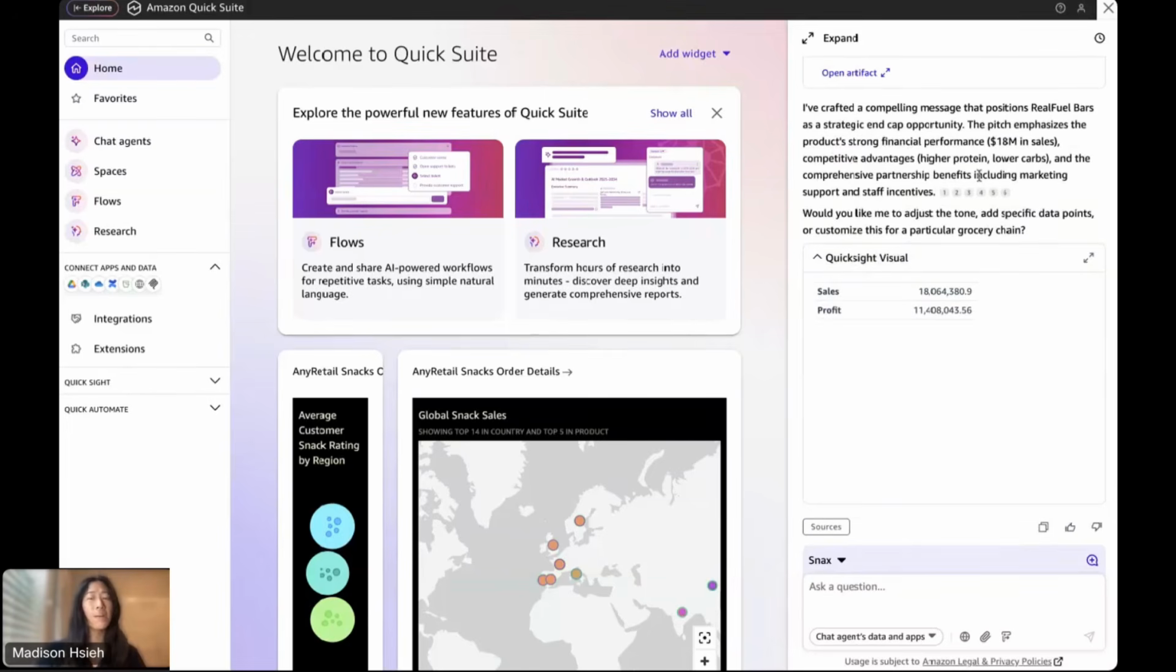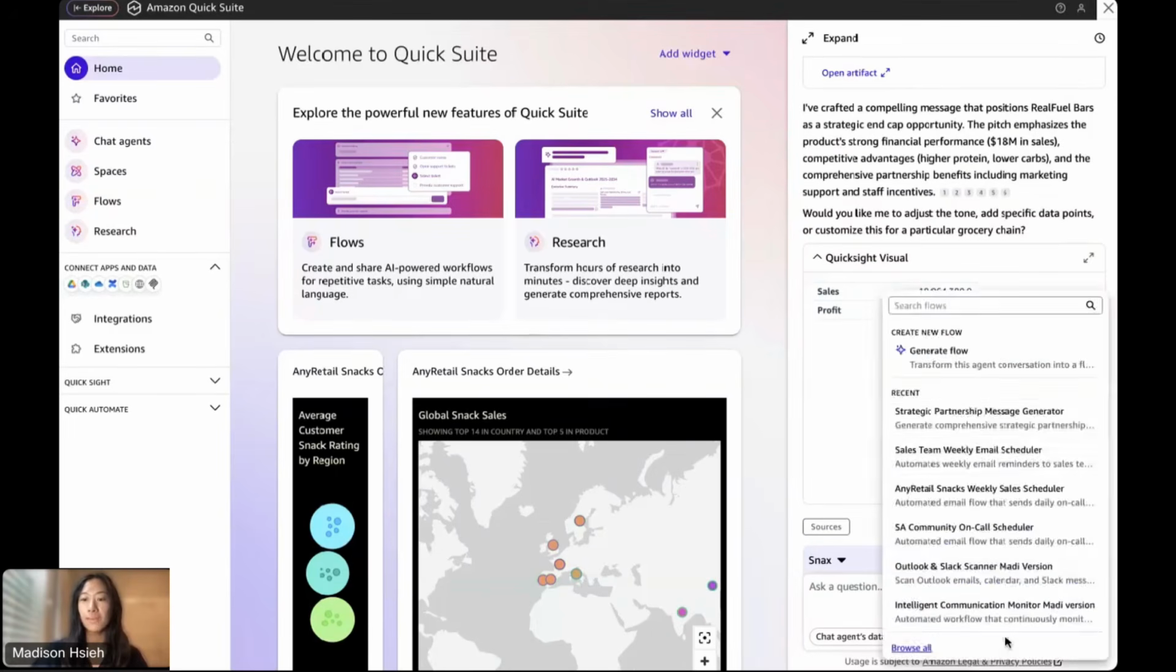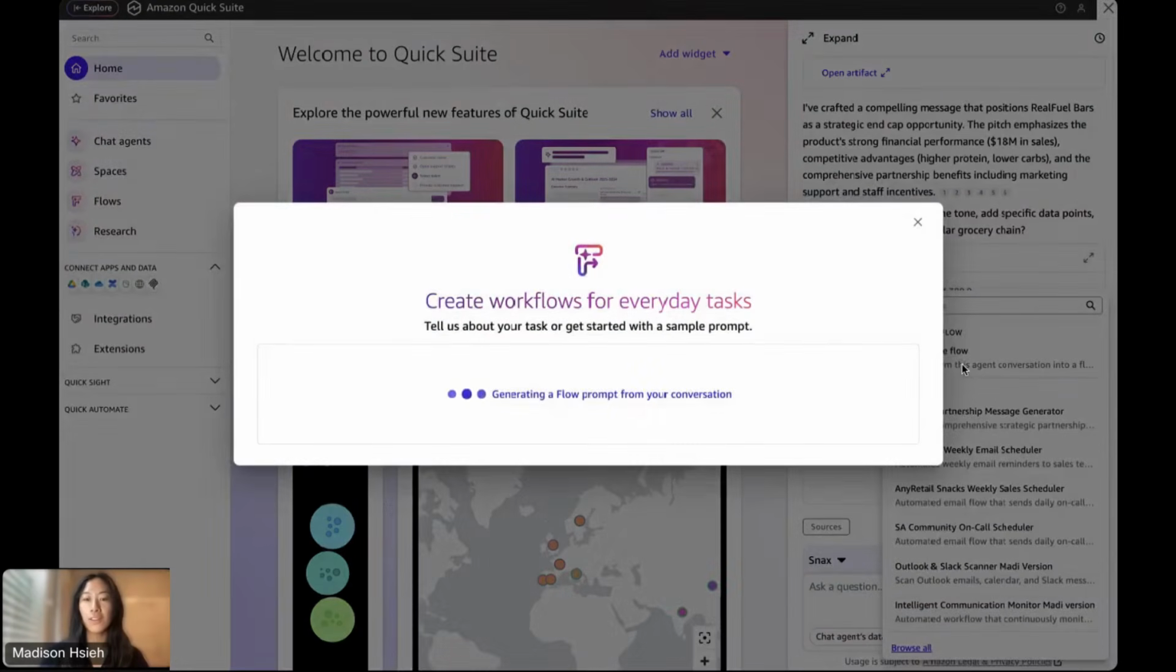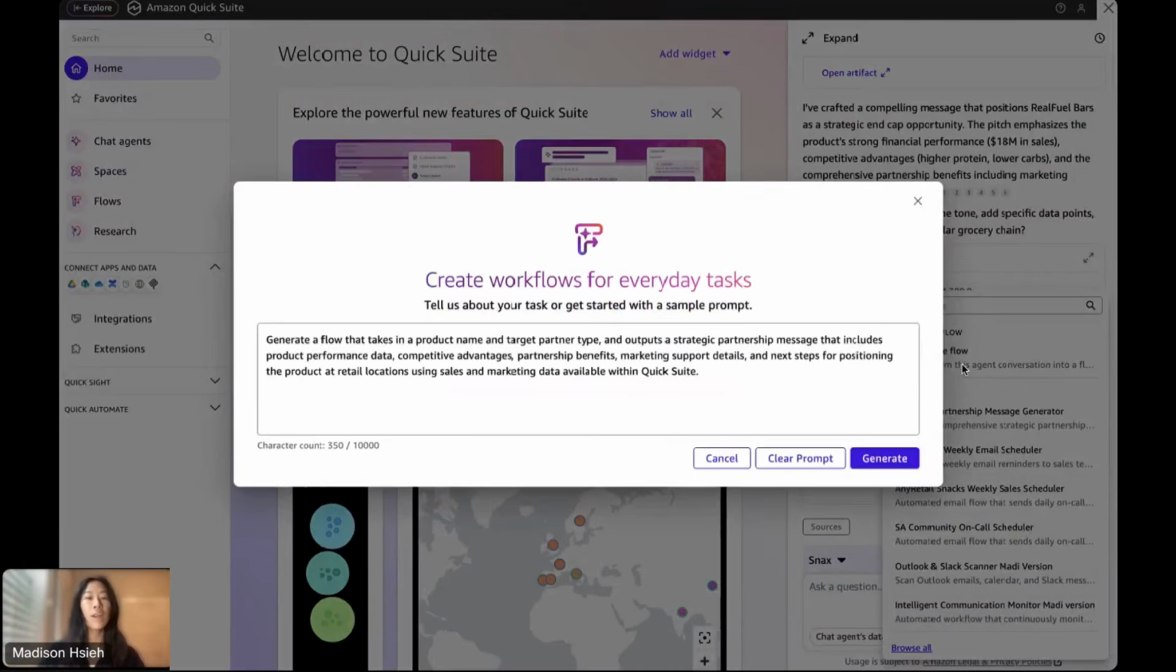So something that a lot of people don't know about, and what I think is really cool, is that from the chat pane itself you can kick off a flow creation. All I have to do is click this flow icon and create a new flow. It will take the summarization of the chat, the answers, and the question that I asked in the beginning to create my own prompt. So here we see that the prompt is: generate a flow that takes in a product